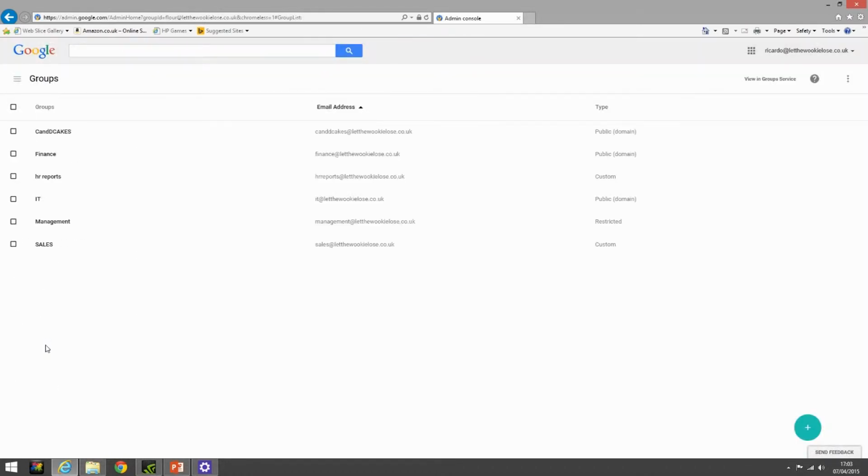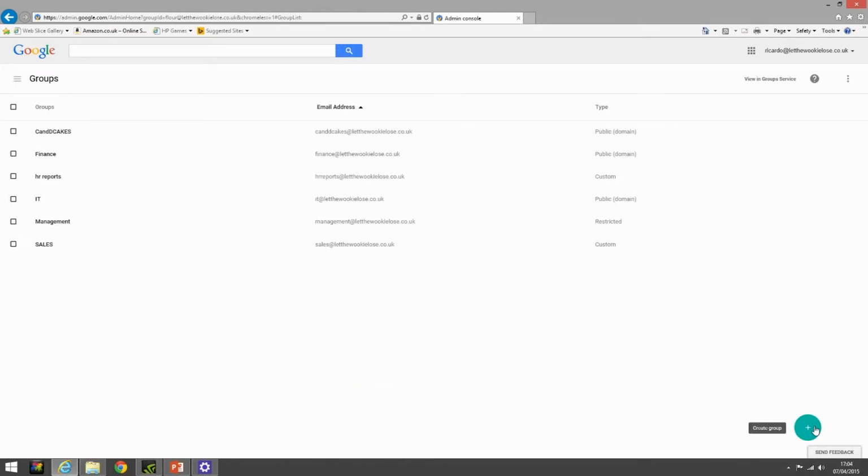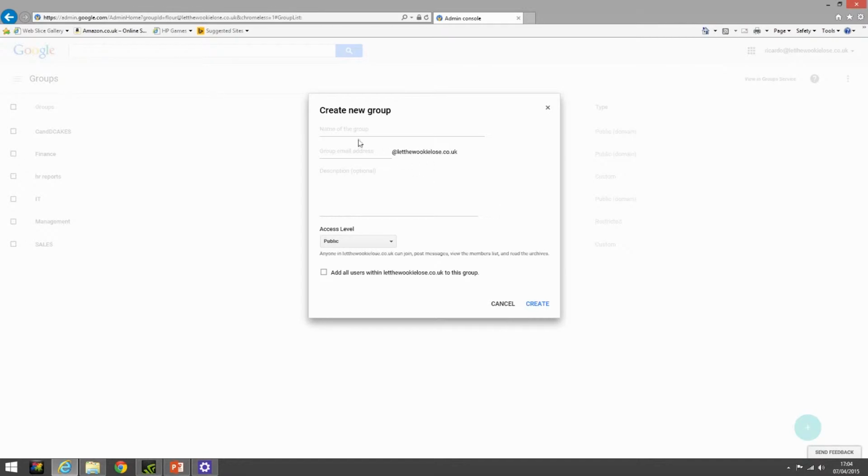So here we are in the group section. As you can see, there are some groups here that I created when I went through the Google training. And we're going to start off straight away with creating our own group. I'm going to click the focus point at the bottom. We'll call the group Flower Delivery, with an email address of Flower, a small description,